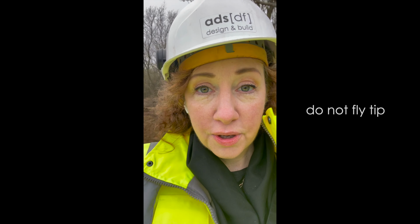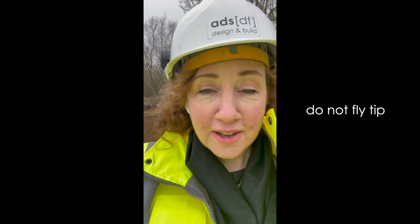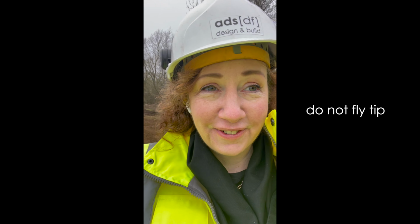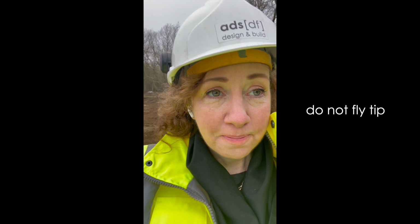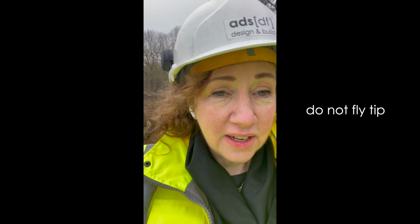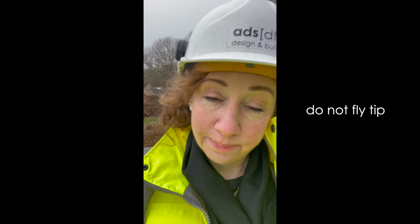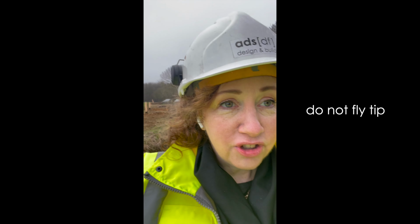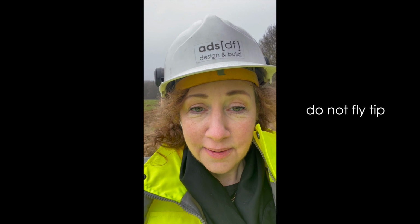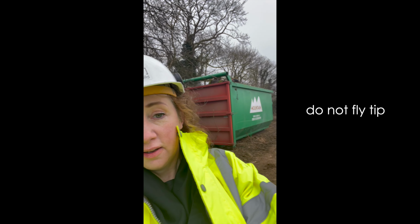Just going to show you the biggest skip that we've ever experienced, and it's full of other people's rubbish. Everything you can imagine, to be honest. It's just a shame. But at least we're clearing up the woodland for the nature, and I'll spin around and show you this giant